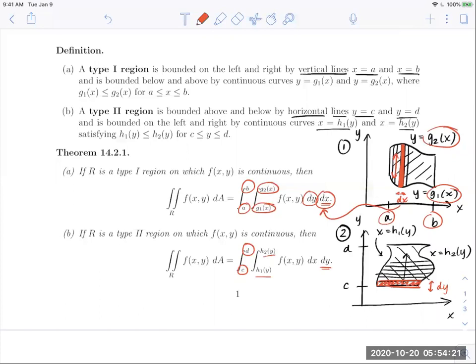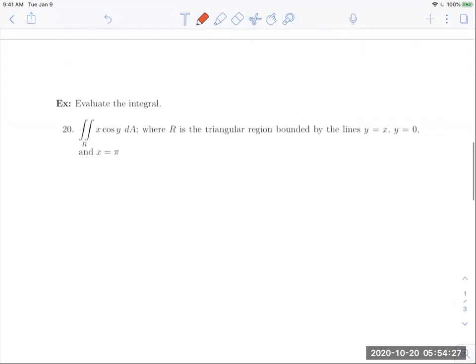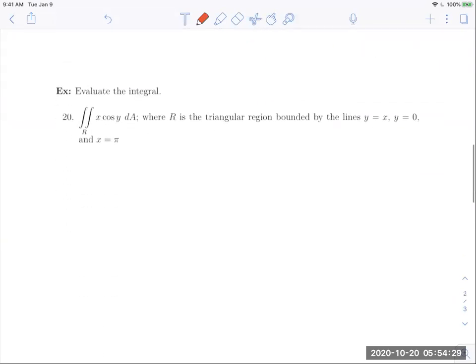All right, so let's practice setting up integrals using this technique, beginning with number 20. Evaluate the integral. We have an integrand x cosine y. You'll notice that our differential here is dA because we're going to have to decide if we want dy dx or dx dy. And here R is the triangular region bounded by the lines y equals x, y equals 0,